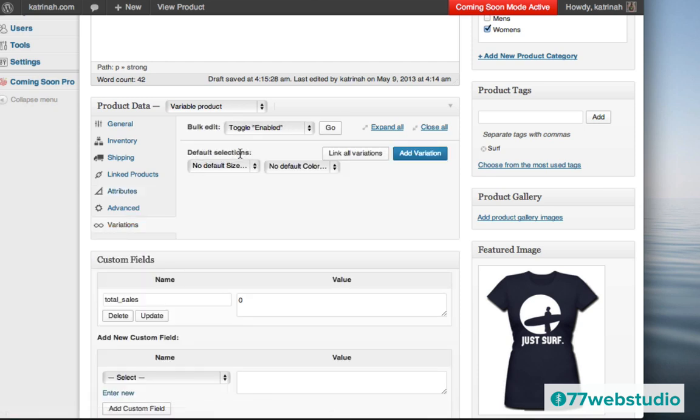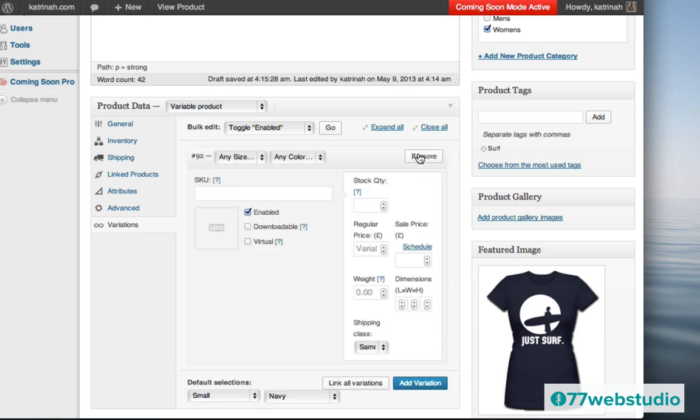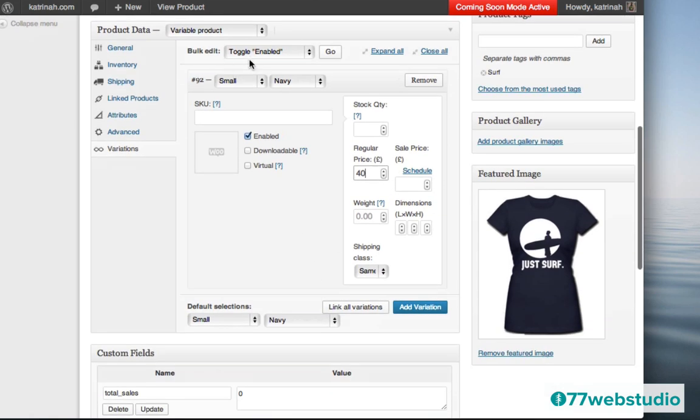The first thing we want to do here is give the variation a default size and color. So I'm going to click on this and I'll make small the default size and navy the default color. Then I want to click on the Add Variation button to start adding my different variations. Here I'm just going to give it small, and any color will make this navy. So I'm going to set up the small and navy first, and we need to give a price for every different variation. So I'll make this 40 right here. Again, we need to change the pounds to dollars, but for the moment, I'll just leave that as 40. So the small and navy is set up.